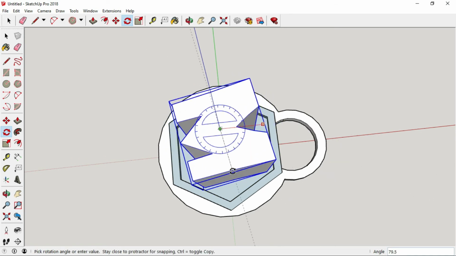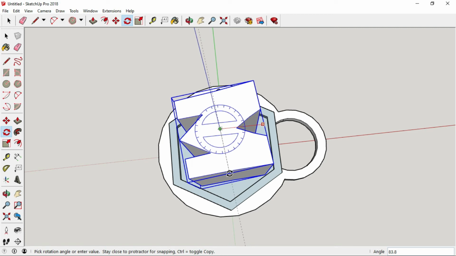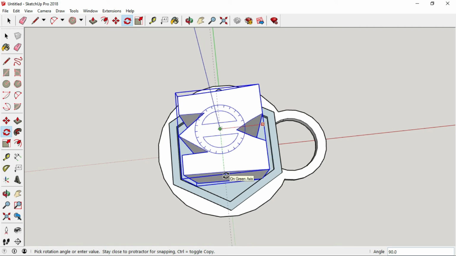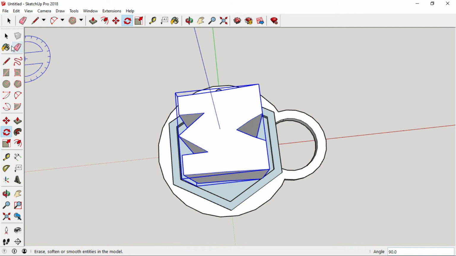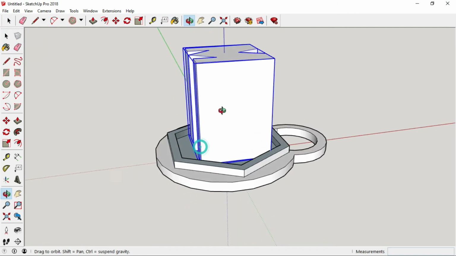If you look at the bottom right hand side of your screen, you'll see the angle. You can immediately put it as 90, or if you want to, you can just eyeball it. Then try to see whether it is rotated 90 degrees. If this is done and you are happy with it, press Enter, or you can just left click. Go to your select tool. Right now what we can do is use your